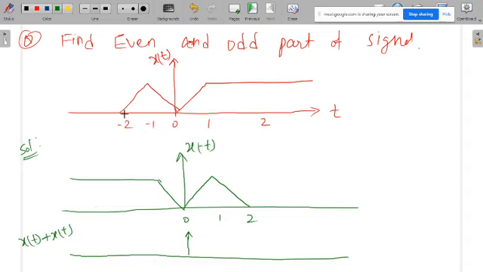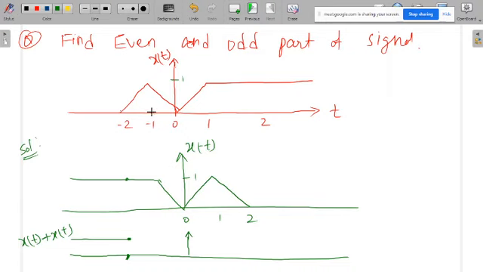Before t is equal to minus 2, this signal is not having any value, that means the value is 0, but this one is having a value. Say that value is 1. So that means before t is equal to minus 2, I can put 1 without any confusion. Now what happens at t is equal to minus 2? Again this signal is having a value, but this is 0.